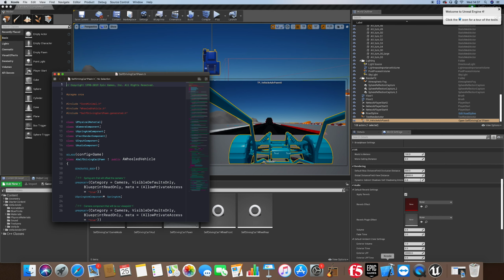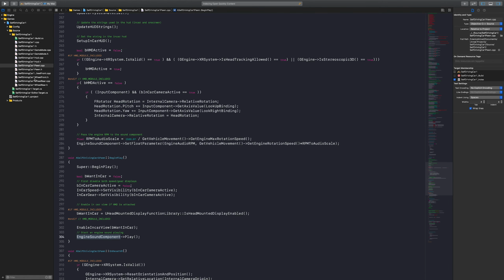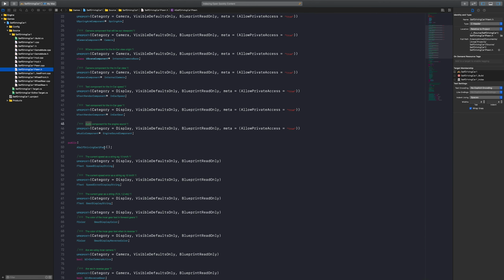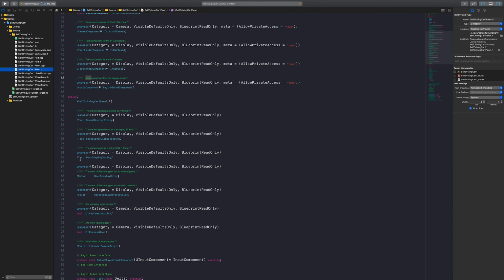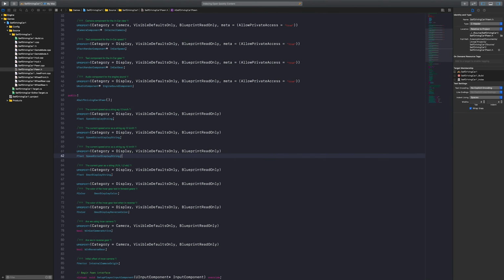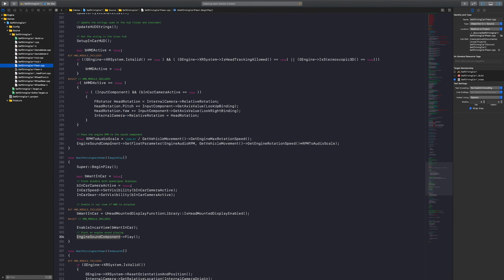And if you remember, first of all, we need to add here another UPROPERTY as an FText. So we had the speed display, we have the speed display or the speed error display. And here I would add the throttle display string, and that is under the header of our main pawn. If we now move to this tab,